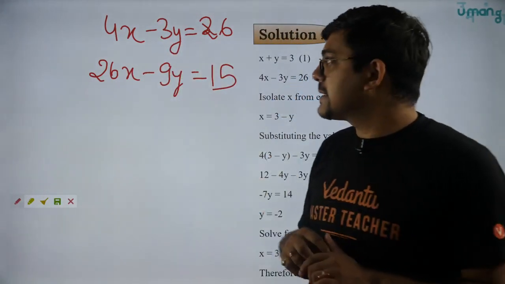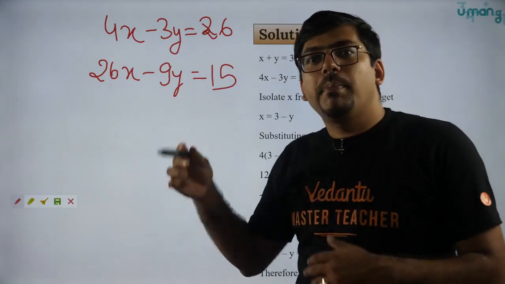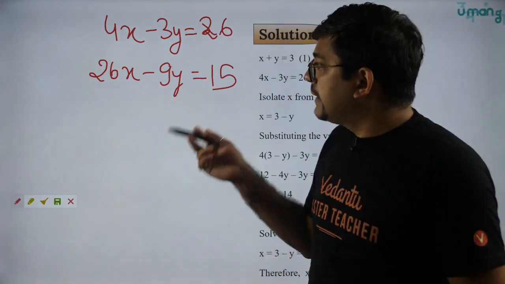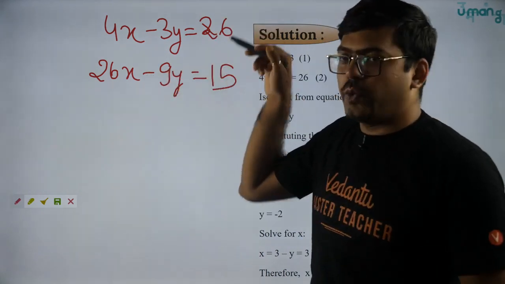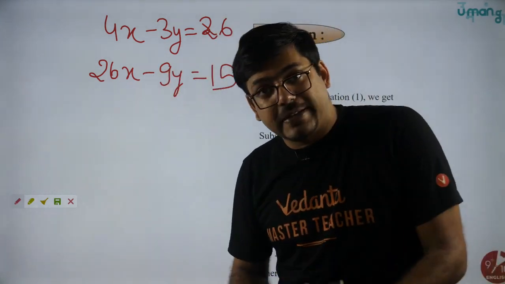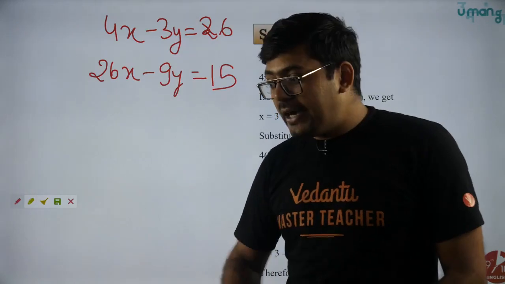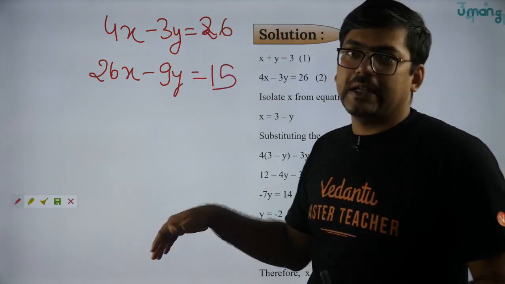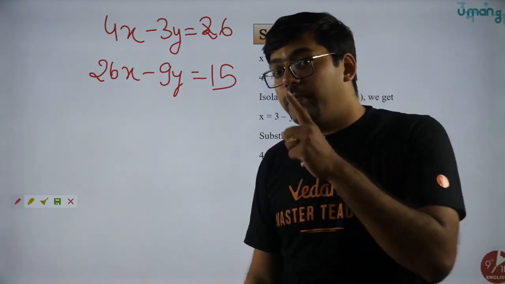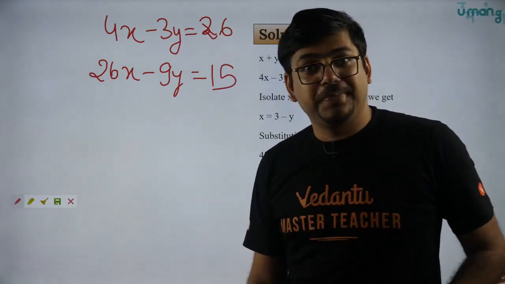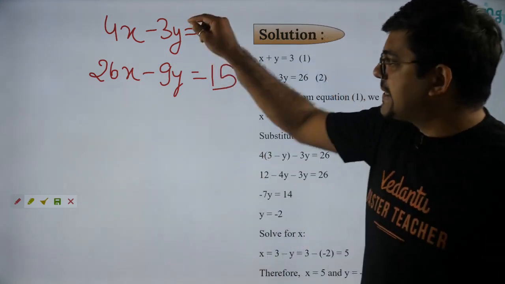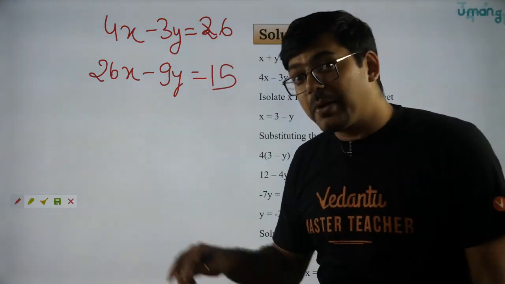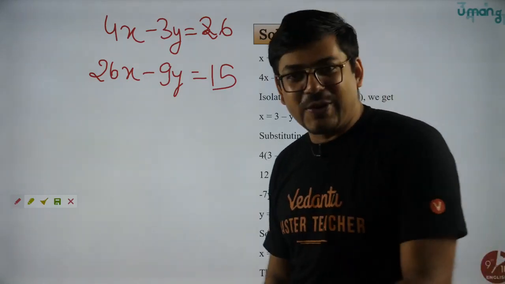In both the cases, you will get x and y values that are pretty different, with something typical in the denominator. Then you have to put that value in the second equation. Then you will get more complex relations, more complex results. And then you need to do a heavy calculation to actually solve this and get the answer. That will be cumbersome and really painful. So in these situations, we don't use substitution, and that's why substitution method is easy, but only for easy questions. Otherwise, it has some limitation.